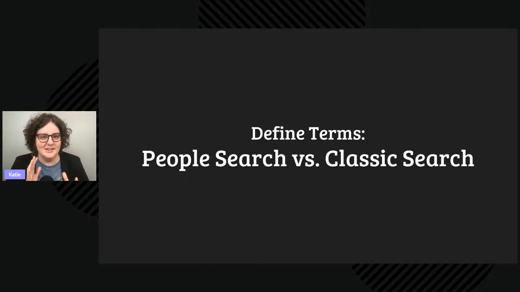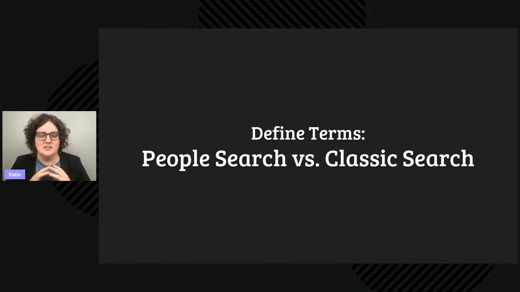Now, depending on how long you've been with CCB, you may remember the old search, which is now classic search, where that was how we ran all of our searches. Then, and the pandemic kind of made time go weird, I think it's been 2 years that they've created this people search, and they've been slowly migrating things over. And eventually, I would assume that classic search would go away.